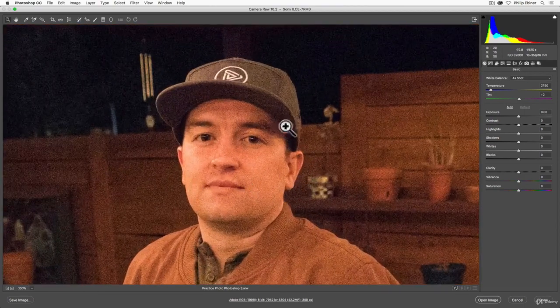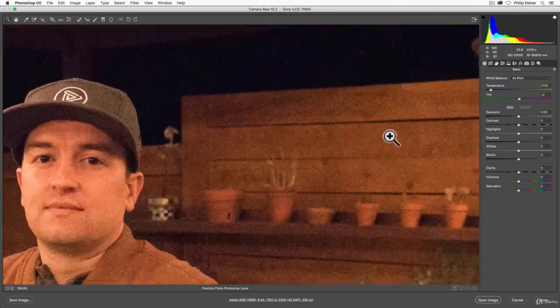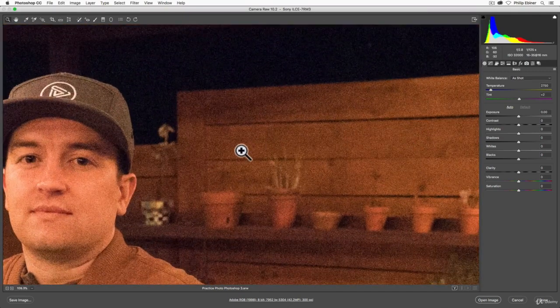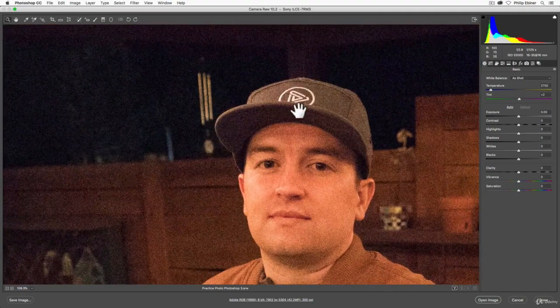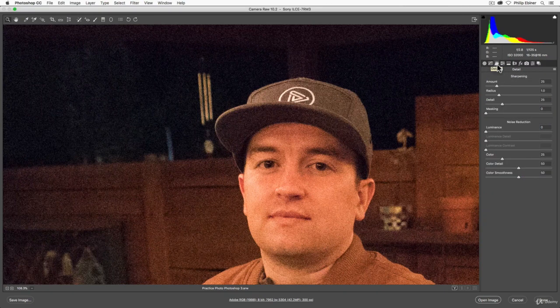So if I zoom in here, you can see that this photo has a lot of digital noise, all these little speckles that basically make this photo not so clean looking. If you're zoomed in and you want to move around the photo, clicking and dragging won't let you do that. That will just zoom you in or out. Press the space bar and you see this little hand tool pop up. And now you can click and drag and move around so you can get to the proper spot of your photo.